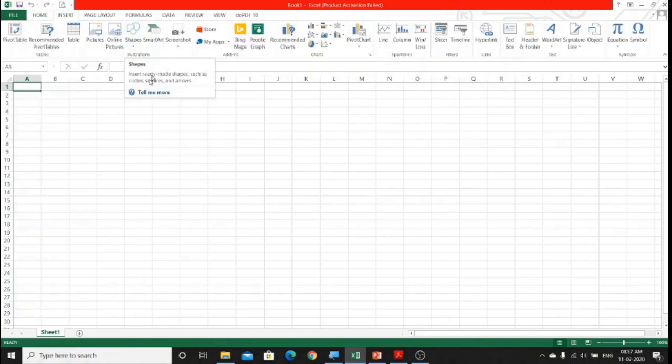Now, if you want to start preparing a table in this worksheet, students, I'll suggest you always start from the top left corner. I've seen students start from the center. Whenever they want to prepare a table, they start from anywhere, from any position. But I will always advise you to start from the top left corner.